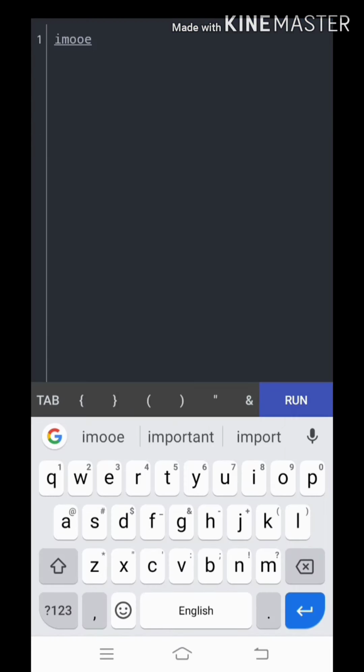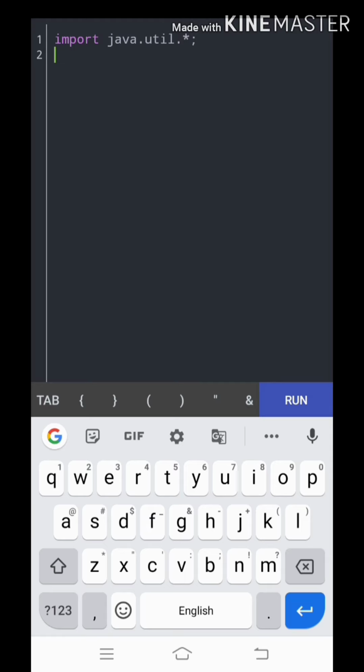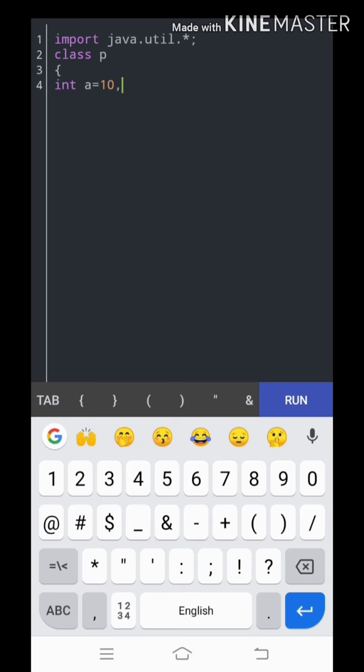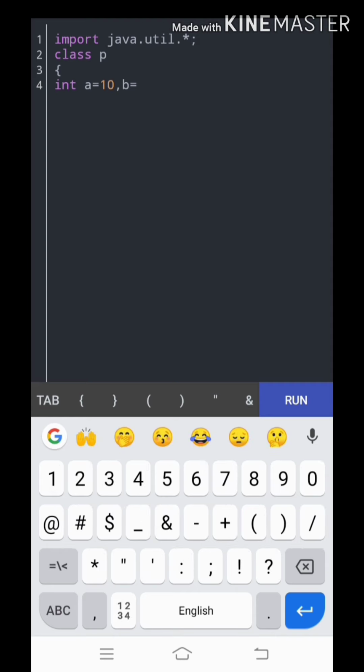Now coming to the last topic, method with no parameters and with return type. So import java.util.*, which is a package. I am going to create a class with the keyword class and the class name p. As we are dealing with a method with no parameters, I am going to take two variables, int a equal to 10 and b equal to some 60 or 70.